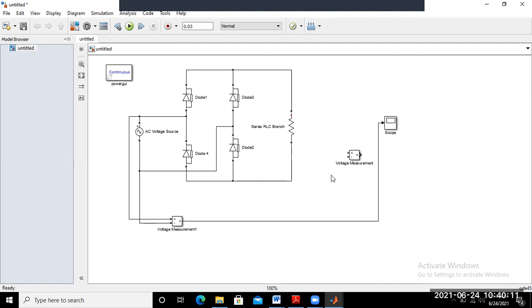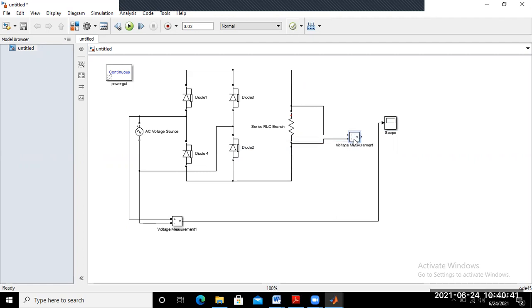So how can we connect this voltmeter across the output terminal, that means this resistive load? This voltmeter may be connected in parallel with the resistance, that means the output.